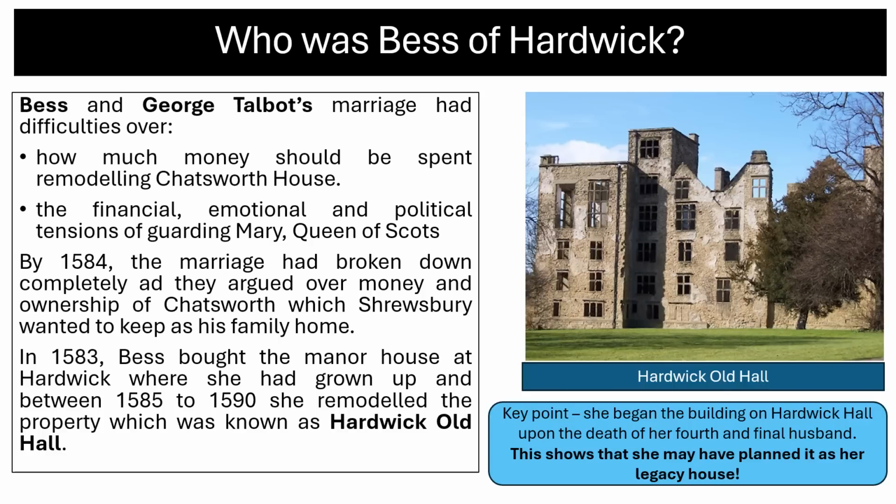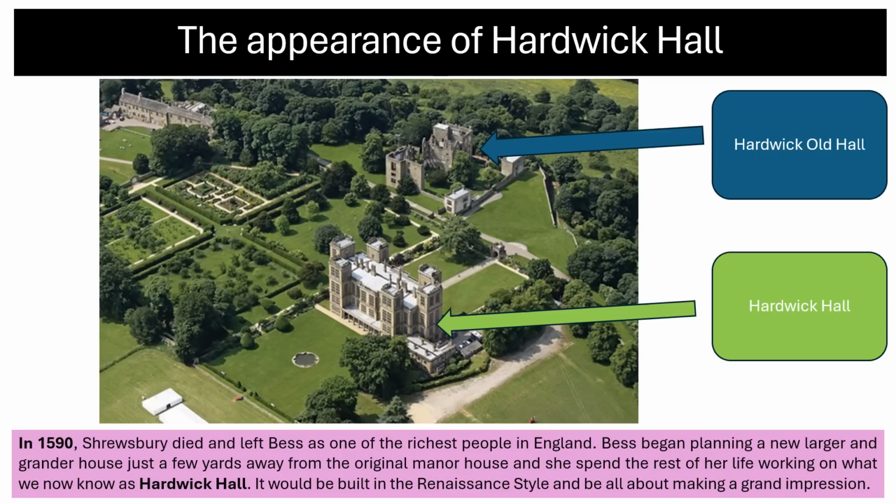Now, in 1583, Bess bought the manor house at Hardwick, where she'd grown up, and between 1585 and 1590 she remodelled the property, which we now know as Hardwick Old Hall. So she doesn't actually begin the building of Hardwick Hall itself until the death of her fourth and final husband. So this shows she may have planned that house as her legacy house. So here's a little bit of the appearance of Hardwick Hall. You can see Hardwick Old Hall there in the background, which is in ruins, and Hardwick Hall, obviously, which